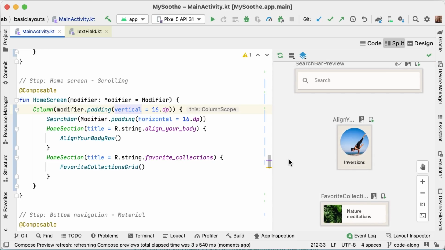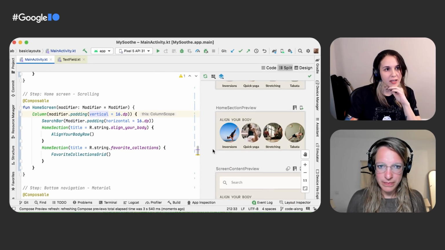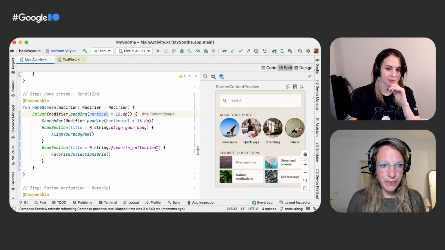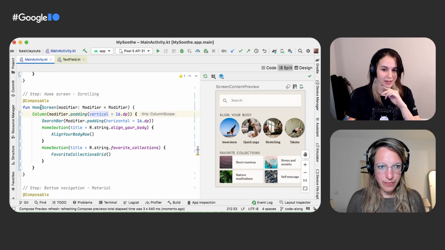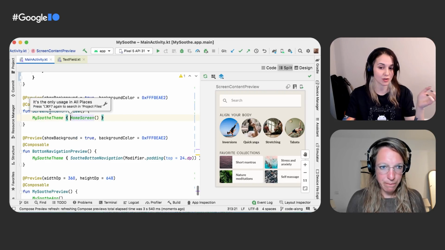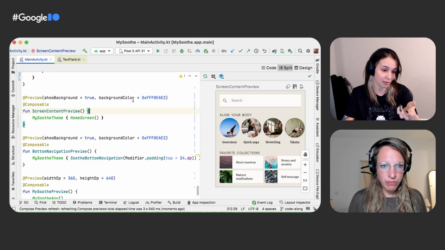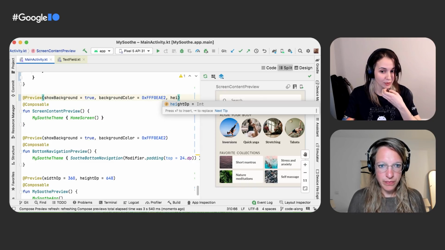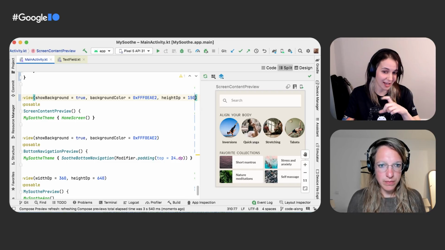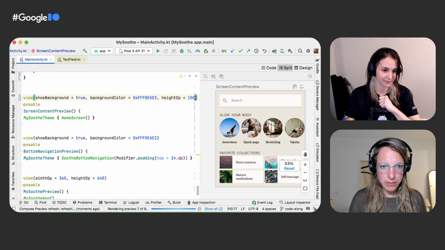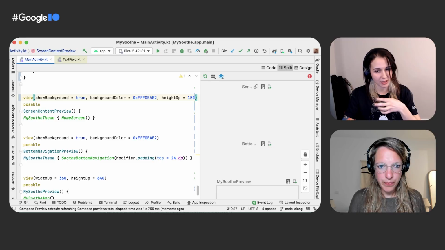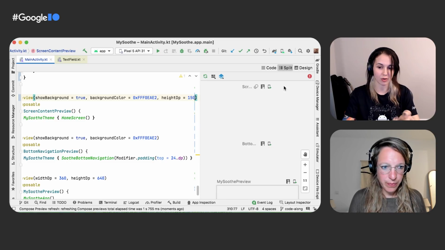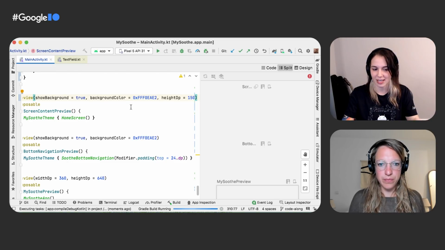What else do we want to do with this? I think to make sure that our design behaves well on all screen sizes, we can actually see if it's scrollable vertically in the case that our device maybe isn't high enough, maybe in landscape mode. And this requires us to add actual scrolling behavior. So as we've seen previously, lazy layouts such as lazy row and lazy horizontal grid actually automatically add the scrolling behavior for you, but you don't really always need a lazy layout.